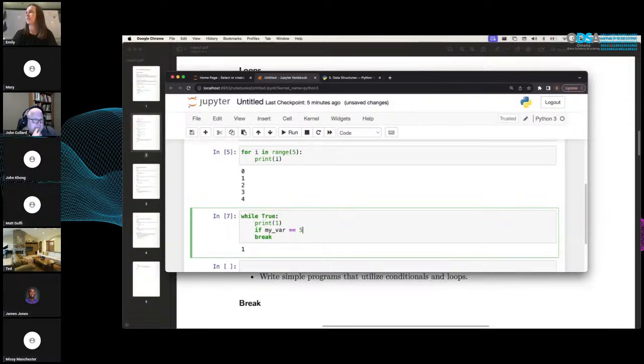my var equals 5, then break. So what we're going to do is I'll show you guys something interesting, a little thing you might see. We're going to make a var called my var equals 1, my var plus equals